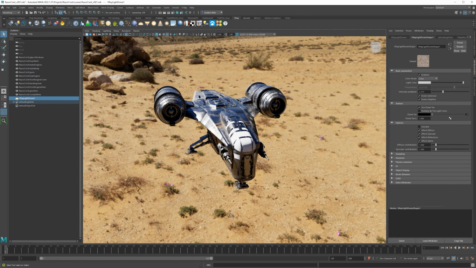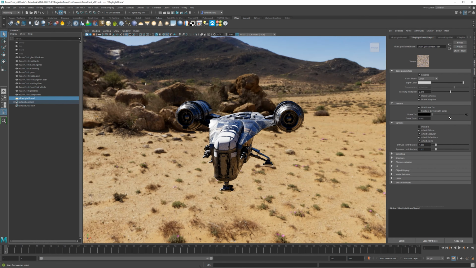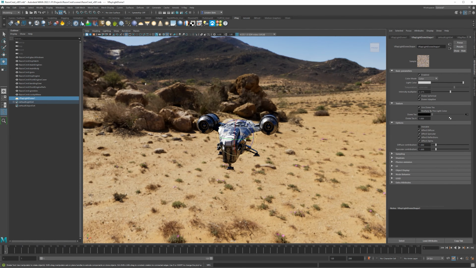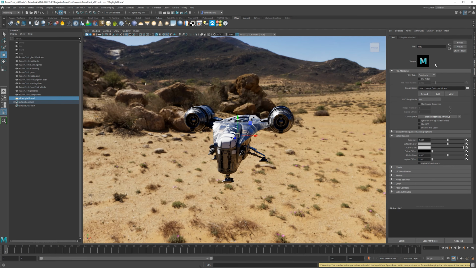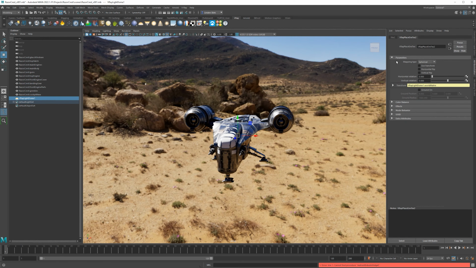The one other thing I wanted to show you: if I select the dome light here and I try to rotate it, it doesn't rotate. You're like, what? This is really dumb, actually, that V-Ray doesn't let you rotate the dome lights, because render engines like Redshift, for example, do allow this, and it makes sense that you should be able to rotate that node. So to rotate this in V-Ray, you've got to go to the dome text, and then there's a placement node, a V-Ray place environment texture node right here.